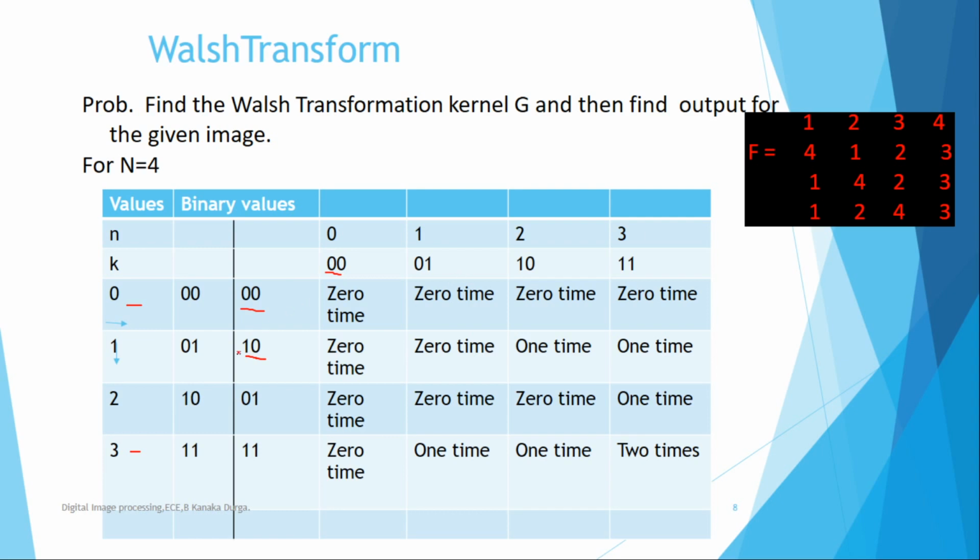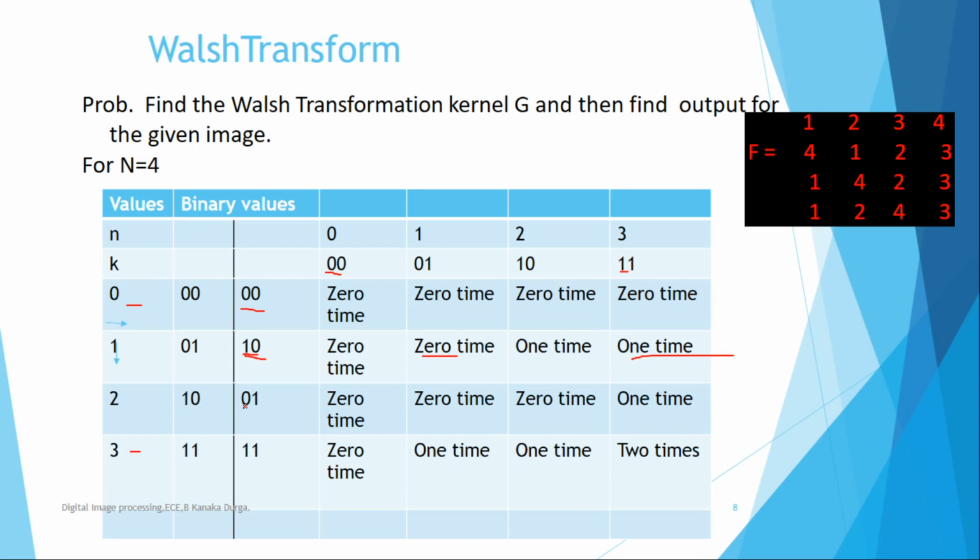Here also, for the first bit, we have to go for analysis with respect to their positions. For 1 0, there is no overlapping, so 0 times. In this, the first bit is 1, so the first bit is also 1. The overlapping has been done 1 time. Next, here the first bit is 1 and here the first bit is 1, so 1 time overlap. The next bit is 0, so no overlapping; 1 time has been overlapped.